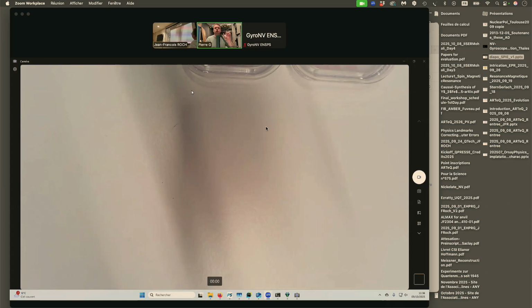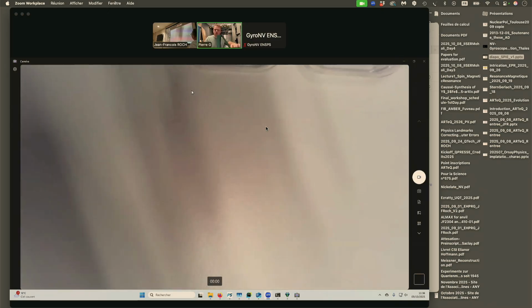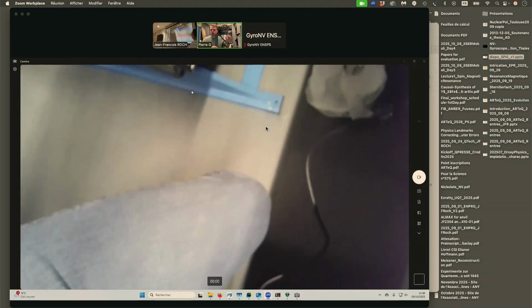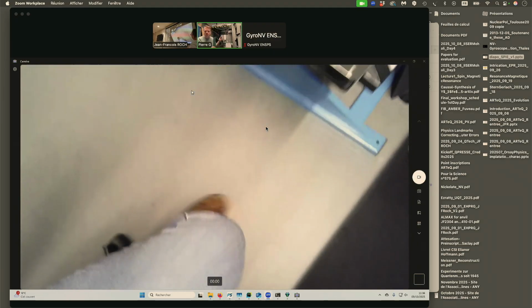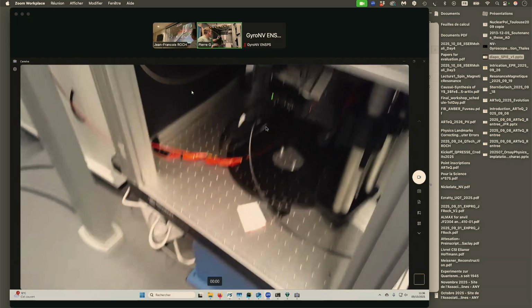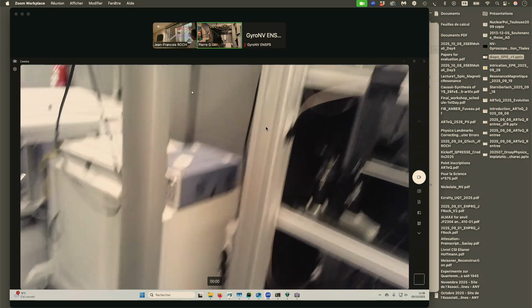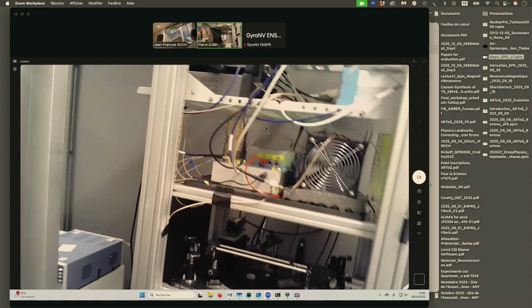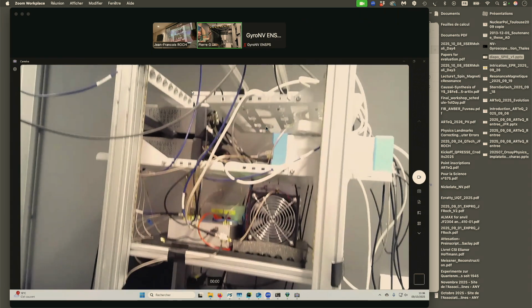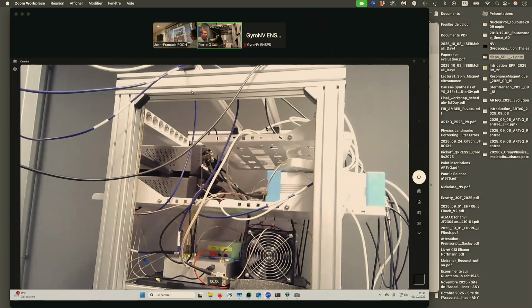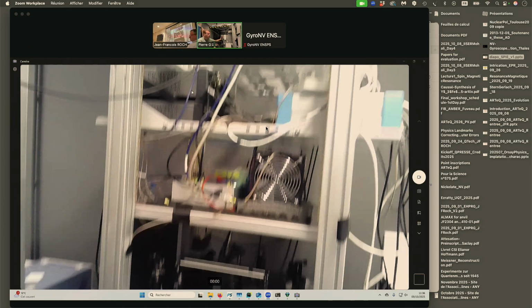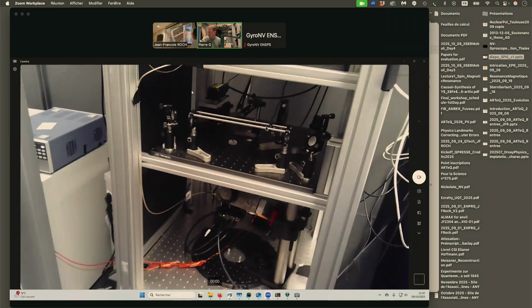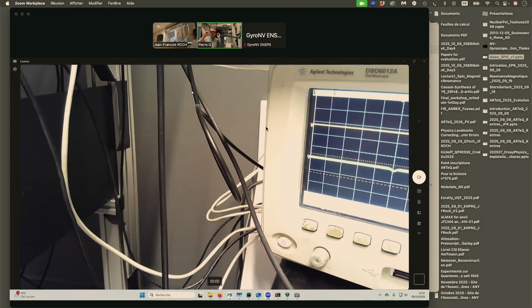As Jean-François told you, I'm going to show you one experiment with the way we use NV centers to measure, in this case, rotation, to make a gyroscope. So this is the experiment in its entirety. As you can see, we have the optical stage. You have, I will just